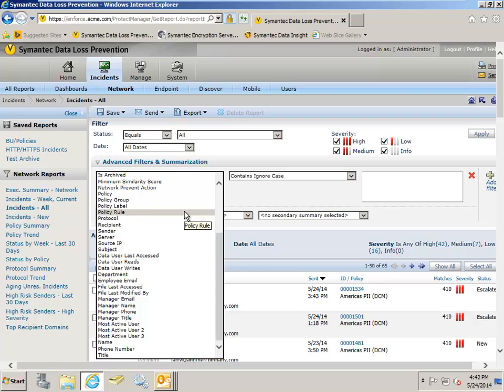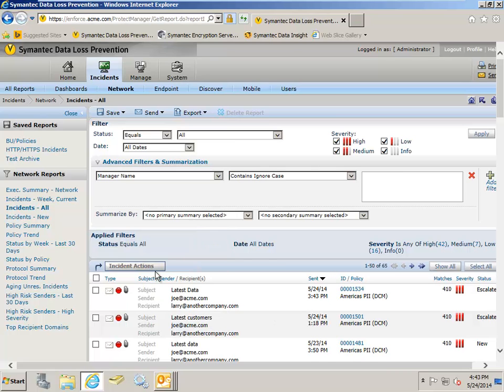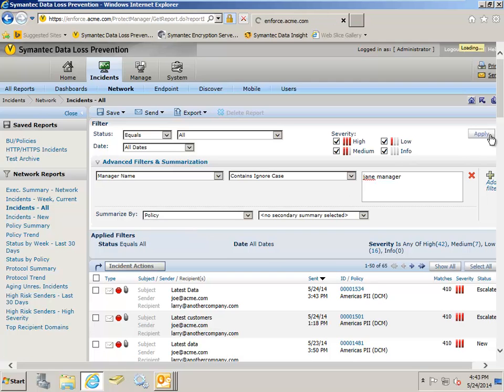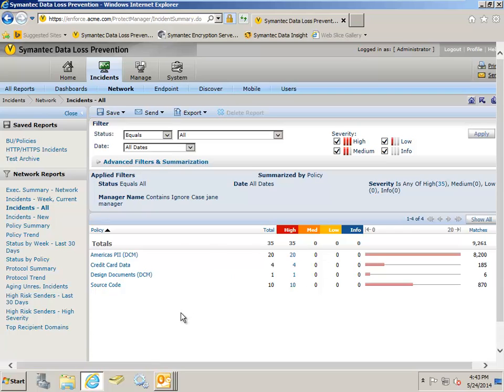We're going to go and take manager name, and we're going to use our famous Jane Manager, and then we're going to summarize the report by policy. One click over here, and we have a brand new report showing incidents by people who basically answer up to Jane Manager according to policy. There's the familiar America's PII, and here are a couple of other policies: credit card data, design documents, and source code. If this was something that Jane wanted to see on a regular basis, she could go in here and